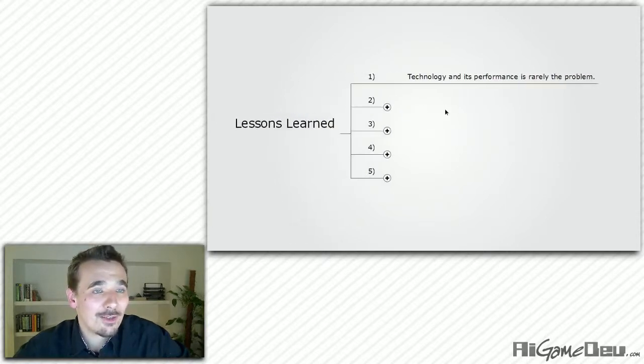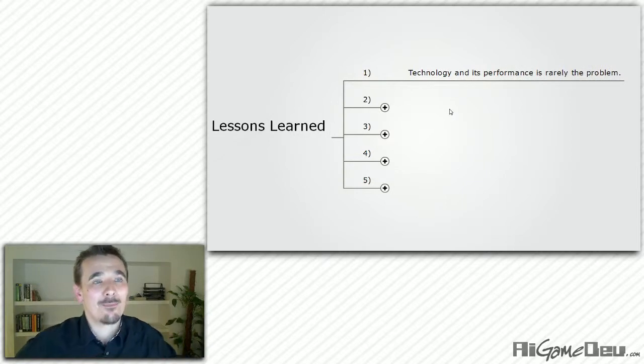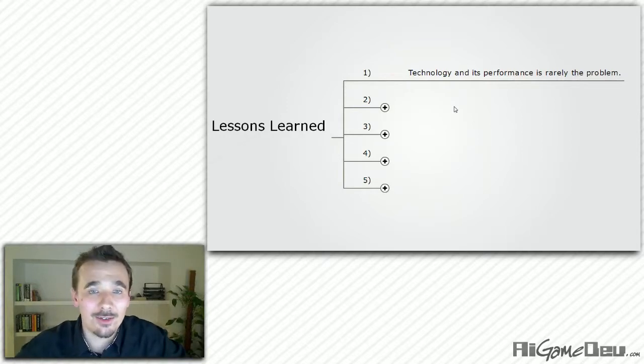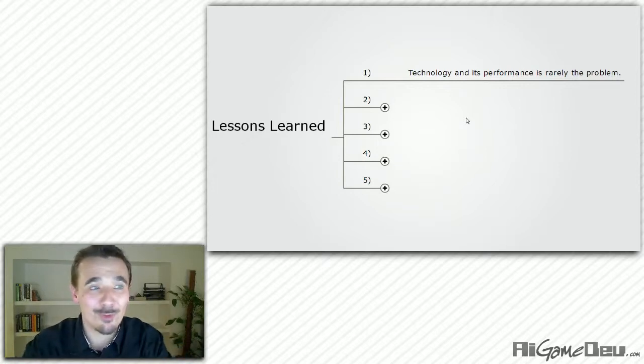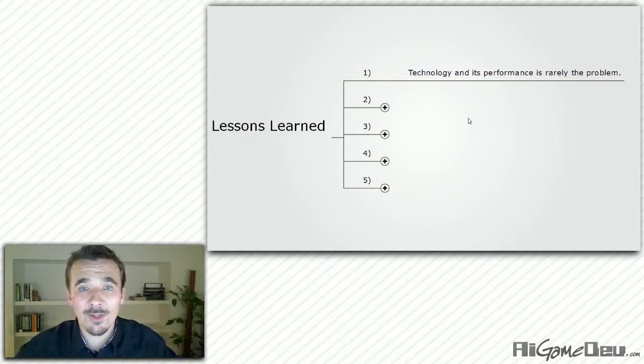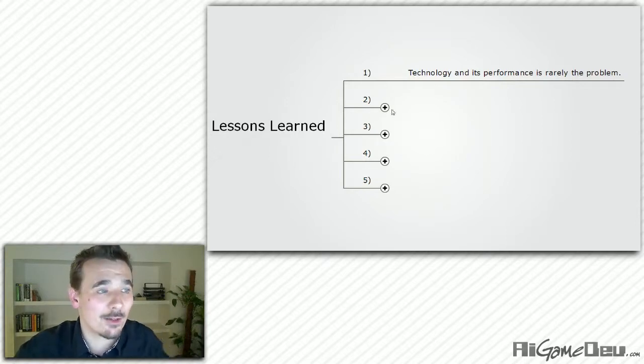So one thing we found is that, as far as games are concerned, technology is really rarely the problem. Now, initially, to get the STRIPS style planner into F.E.A.R., Jeff Orkin had to do a lot of work to get that running fast enough. And he has a paper on the subject entitled "How to Plan in Real Time and Keep Your Job." So it certainly was a performance problem initially, but a lot of developers have benefited from his insights since then, and that kind of optimization work is becoming less important now, as we have more processing power to throw at the problem. And so it's fair to say that these technical issues are secondary now to design issues,